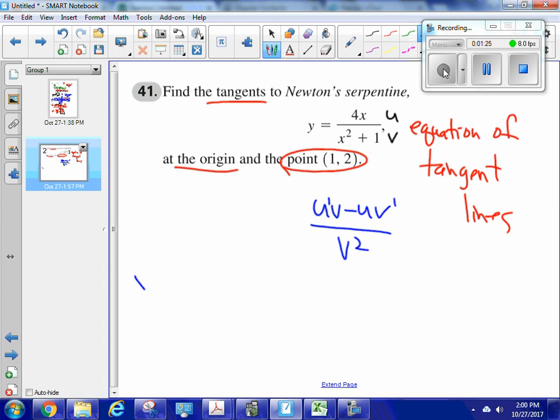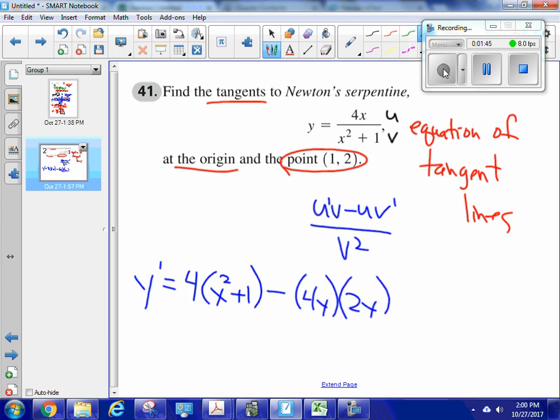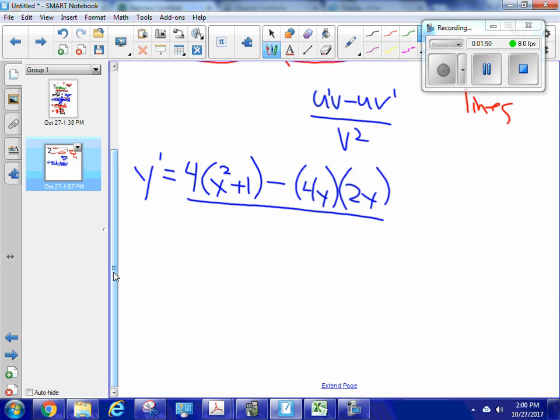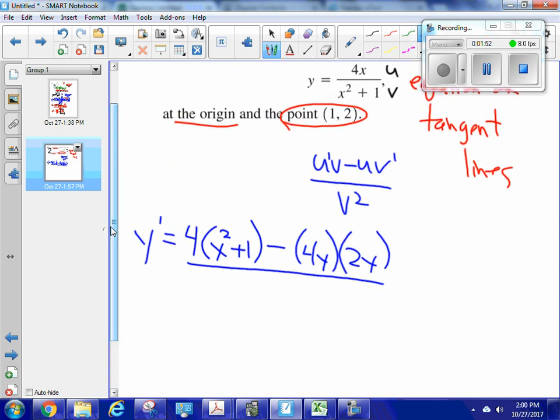I'm going to go y prime is equal to, well, u prime would just be 4, and that's times v, which is x squared plus 1, minus u, which is 4x, and that's times v prime, which is just 2x, and that entire thing is divided by x squared plus 1